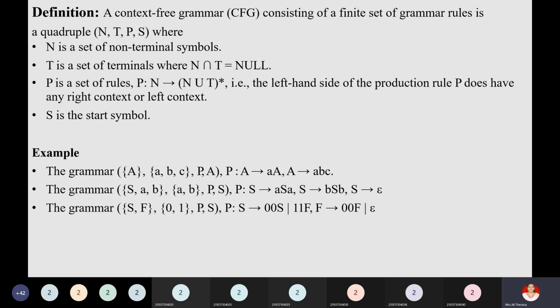At the left hand side you will have only one non-terminal. So this is the rule in order to represent the production rule for CFG, context free grammar. And S is the start symbol, and we have seen some examples for CFG. Clear? Okay, let us move to the